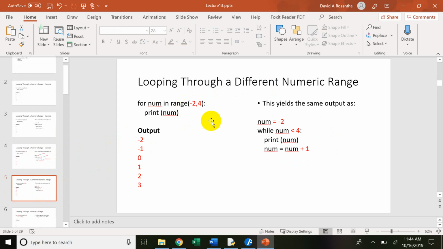That value here, this doesn't have to be a constant. It could have been another variable. So I could have had